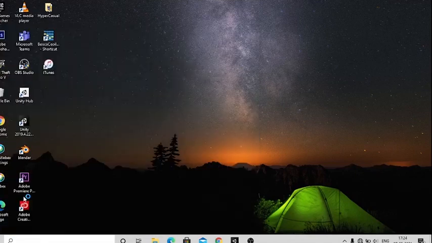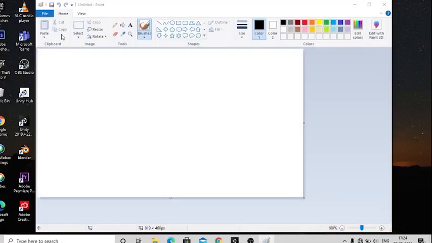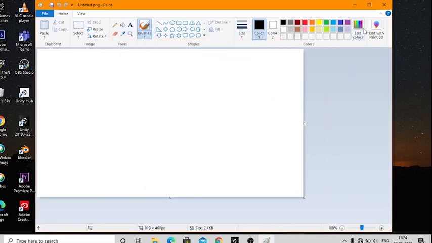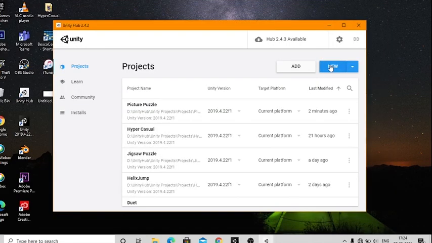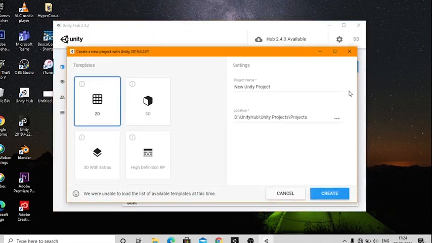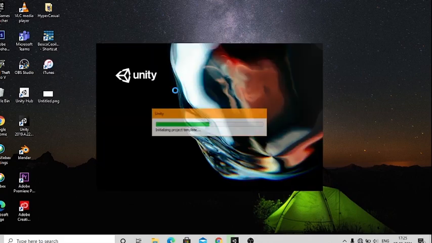First, go to Paint or Photoshop and save the white page only. We need that for the player, walls and pipes in our game. Then start the Unity Hub and create a new project. Select 2D in the template. Here we call our game Dodge.